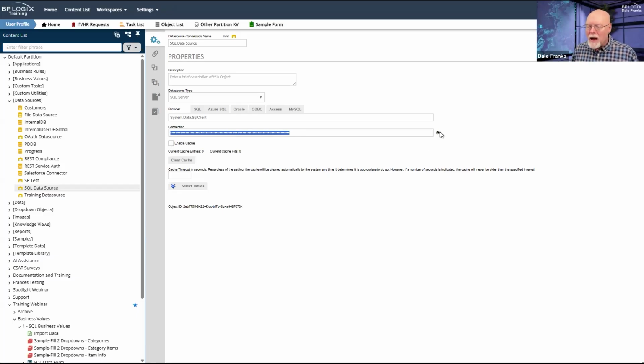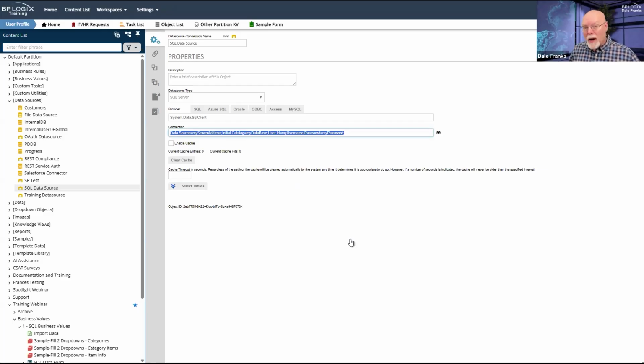Now, I don't actually have a real connection string because I'm not actually pointed to a database. Note that I just made this visible by clicking the eye icon. By default, it is obfuscated, so when you open it up, it doesn't display automatically, because usually there is a SQL username and a SQL password as part of the connection string. Here's the cool thing.